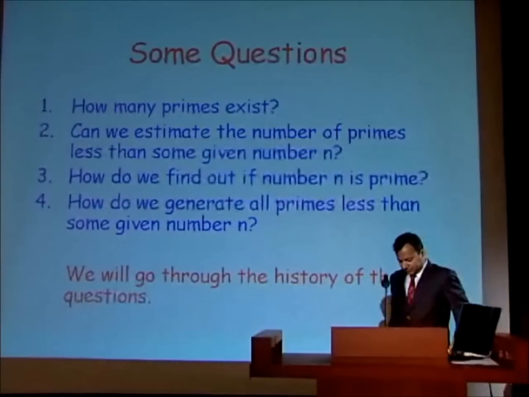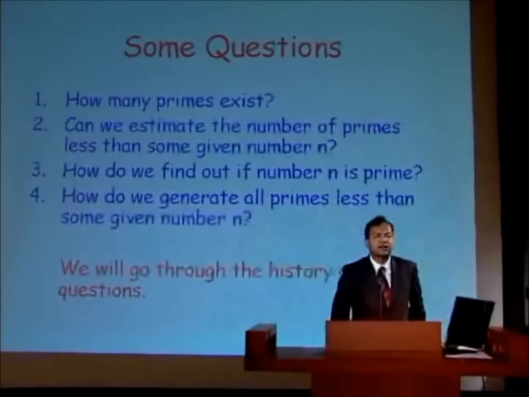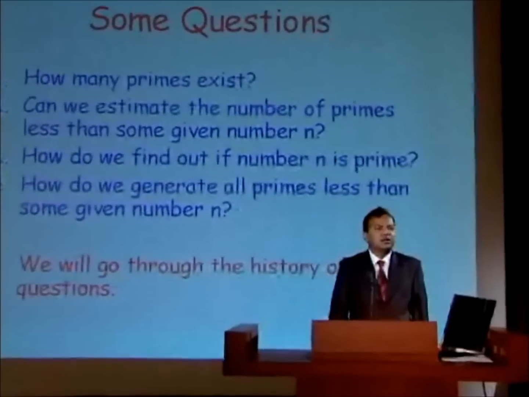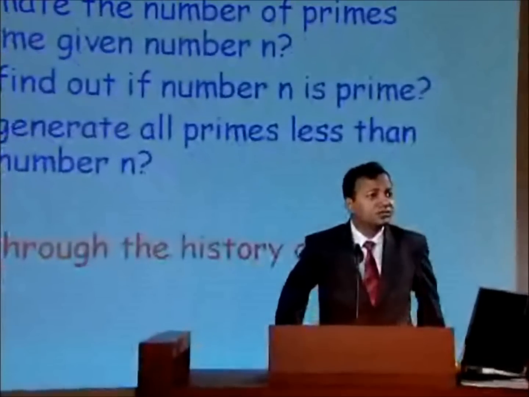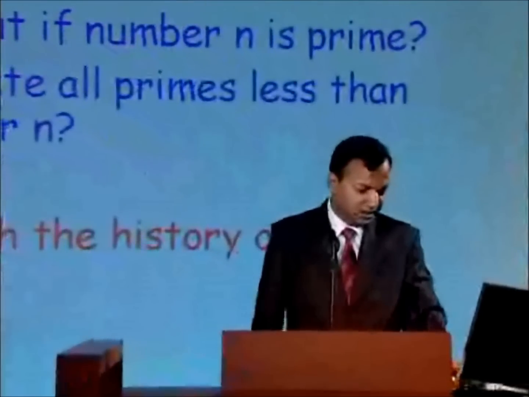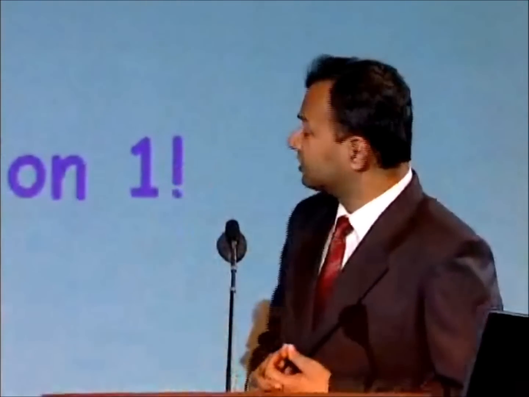Now, primes have been of interest to mathematicians right from the beginning. And even the ancient Greeks have studied the prime numbers in great detail. And some of the earliest results about prime numbers come from them. So in Euclid's compilation of the mathematical results during Greek time, in his book Elements, there are two very basic results about prime numbers proved. One is the fundamental theorem of arithmetic, and he also proved that there exist infinitely many primes. And that clearly answers the first question.